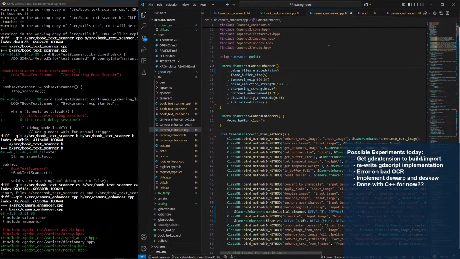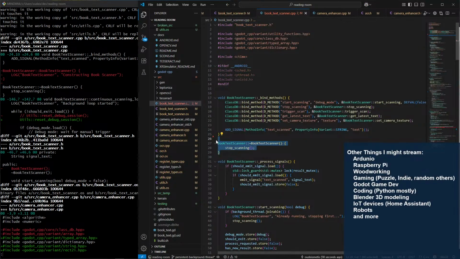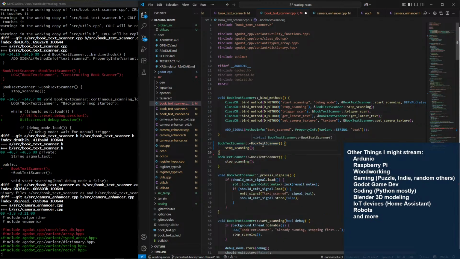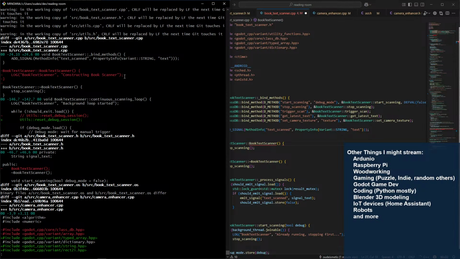Yeah, our book scanner.cpp. No, this is camera enhancer. So let's start with book scanner. And you have your constructor and destructor. Let me just bring that over. Again, I'm going to do this slow.